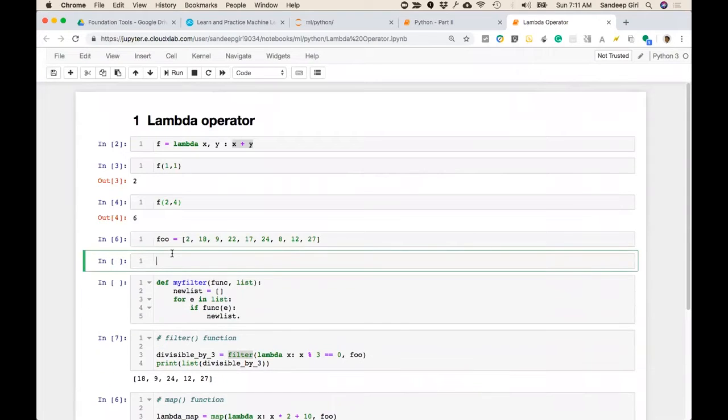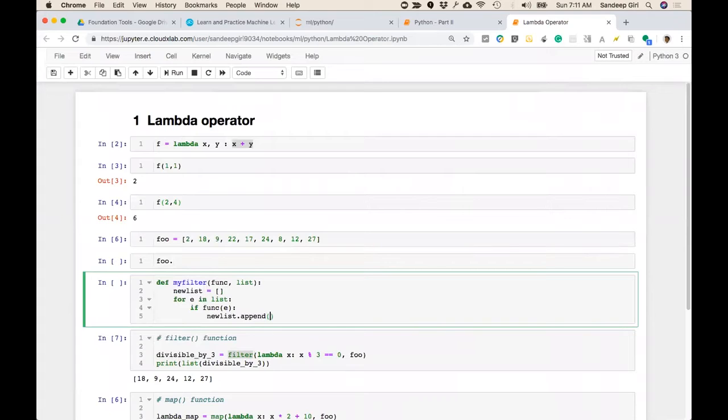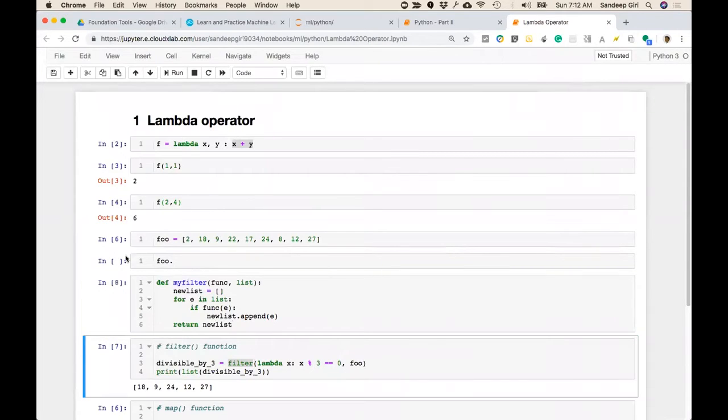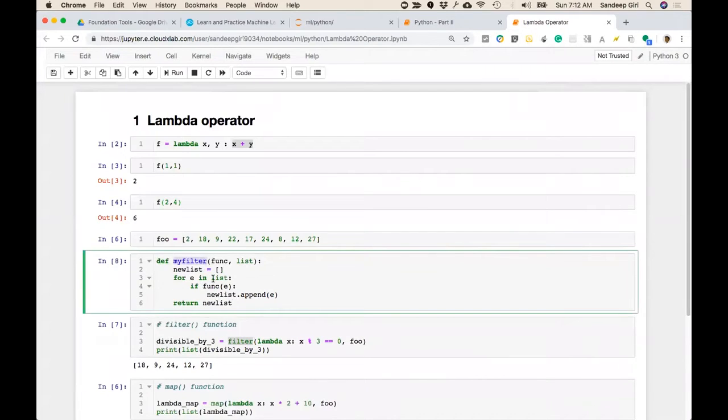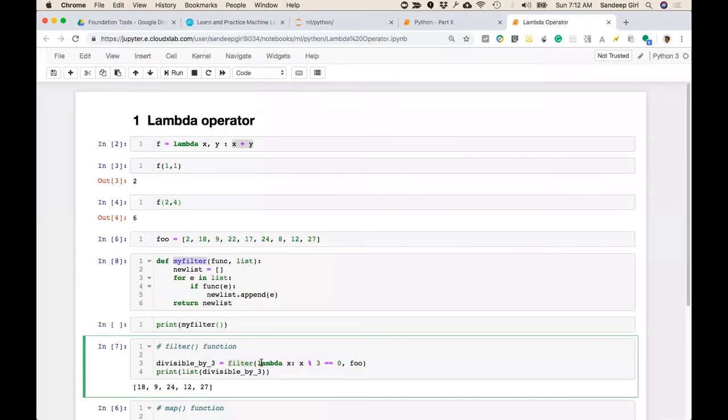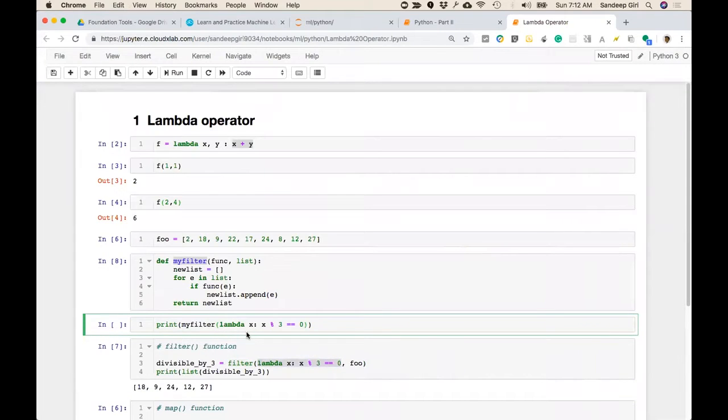And what are the functions available? There is a function called append, and we are appending it to the list. That's all. And in the end, we are returning the new list. So now let's take a look at whether it's working or not. Here we could give in the anonymous function, and then we are saying, pass the